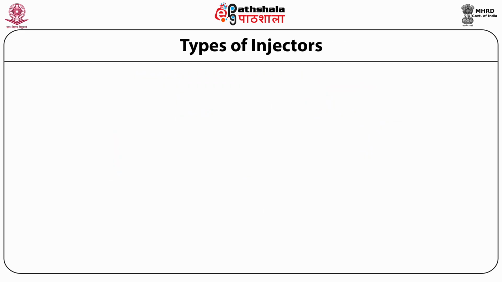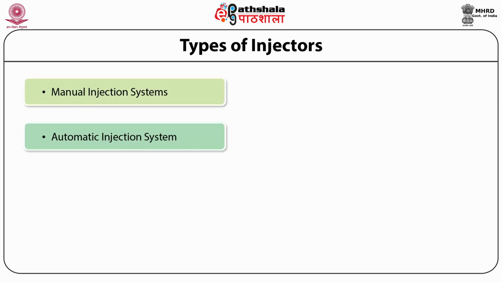The types of injectors. There are two basic types of injectors: manual injection system and automatic injection system. Manual sample injectors used in HPLC transfer the sample from a syringe to a constant volume sample loop, which is further connected to a stream of high pressure mobile phase through a valve which allows the sample inside the column. The valve is a 6-port rotary injection valve especially designed for this purpose. Automatic injection systems consist of autosamplers that draw the samples mechanically.